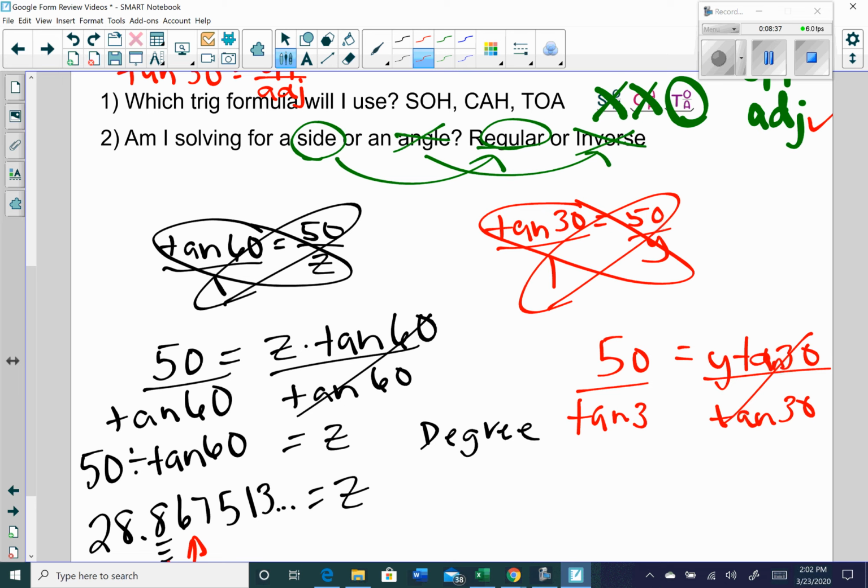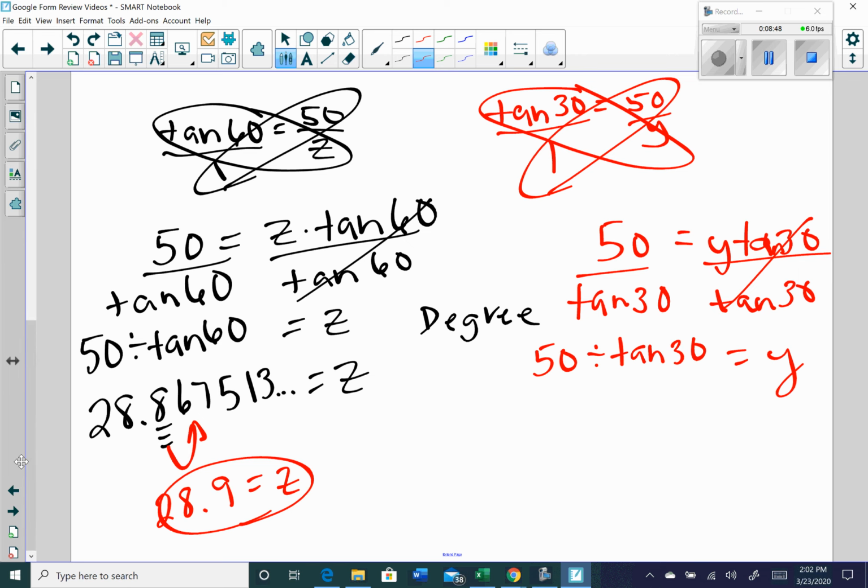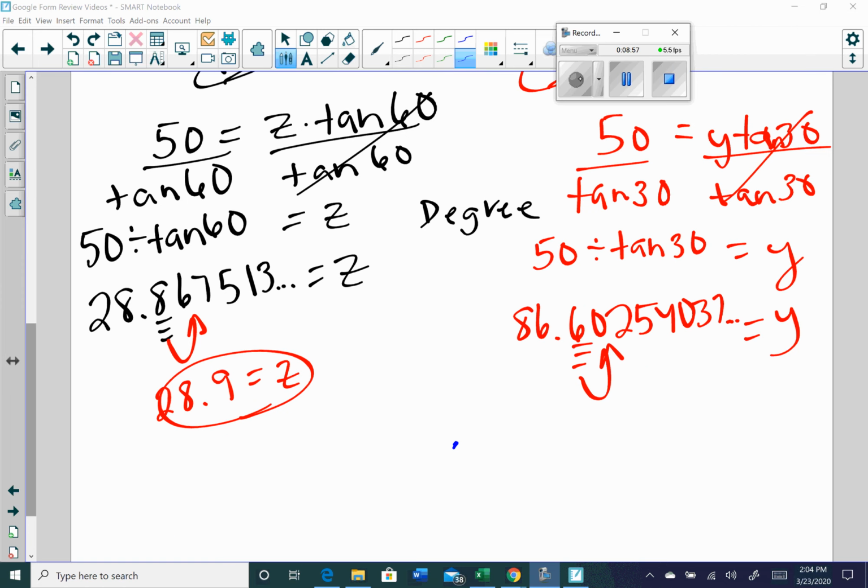This is where you're going to have to use your calculator. Please make sure it's in degree mode. Find out what 50 divided by tan of 30 is, or use that alpha y equals button. Again, I'm going to give you a second to plug it in and see if you can get the answer. When you type that into your calculator, you should get